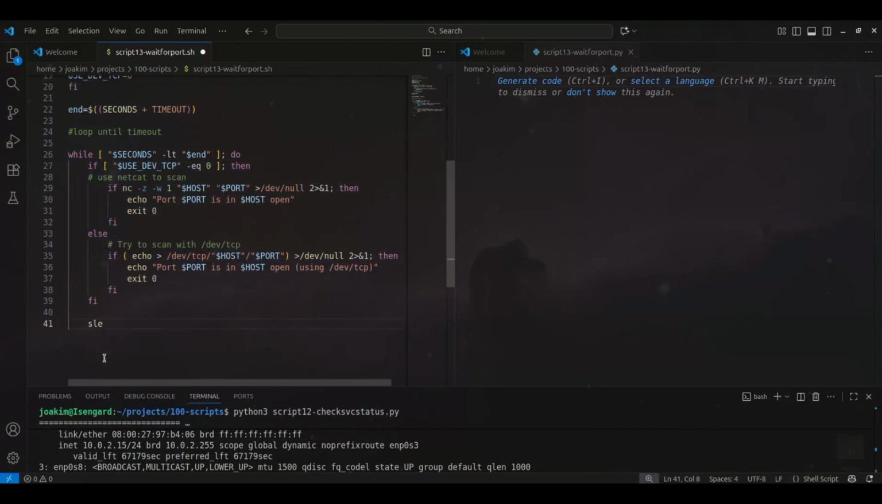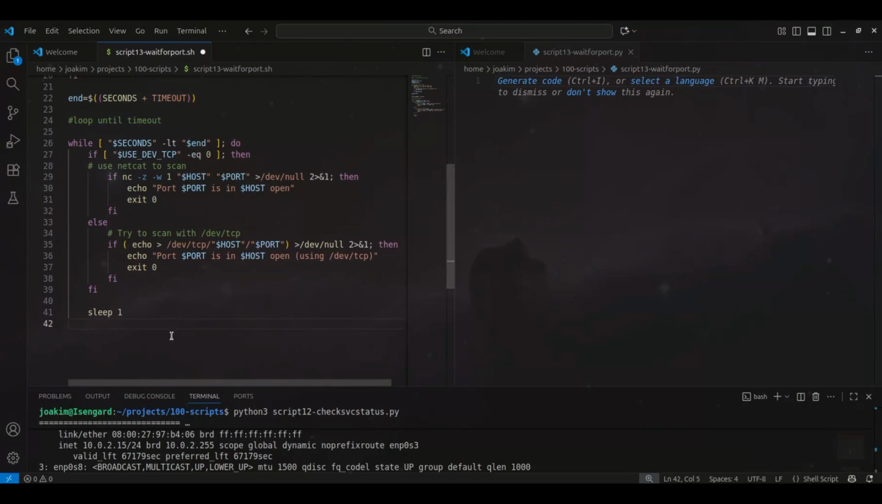Then sleep 1. So it'll sleep 1 second. We're still inside the while loop here, and after that we put done, and then